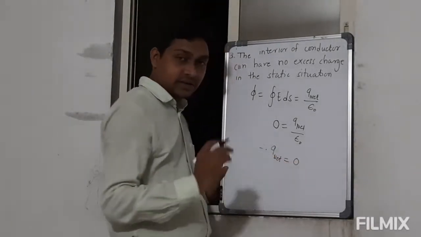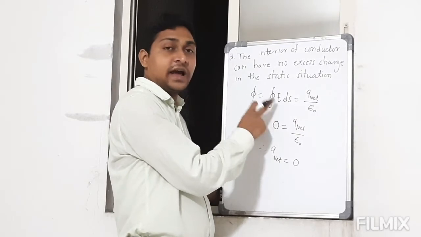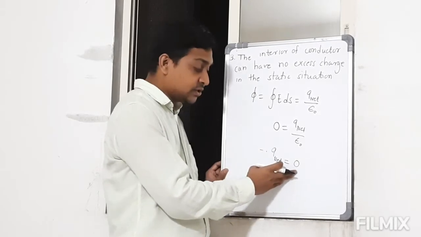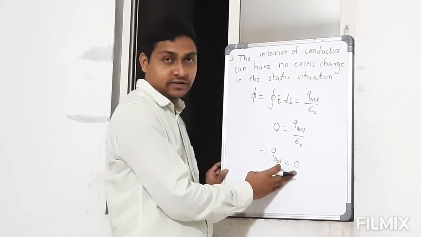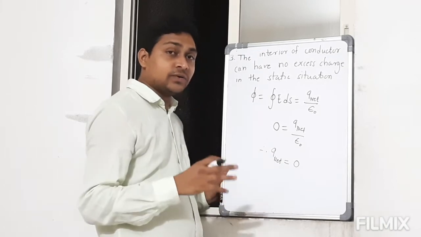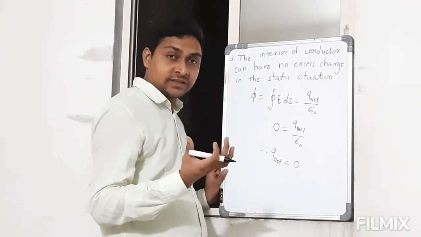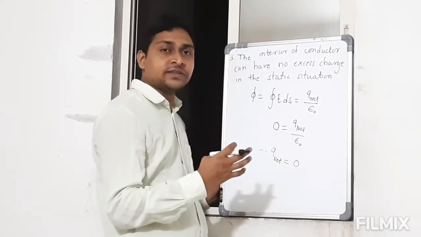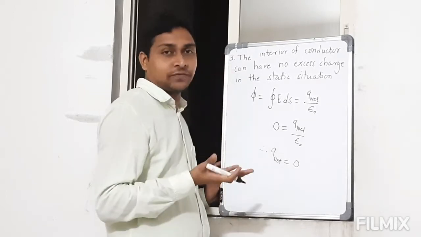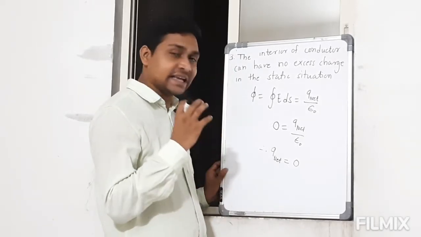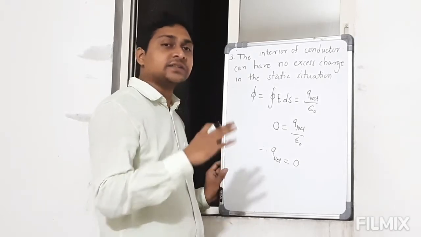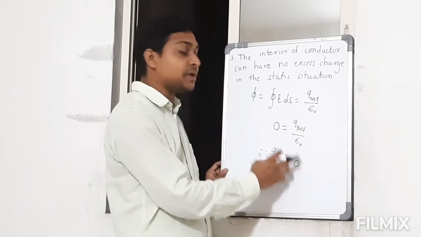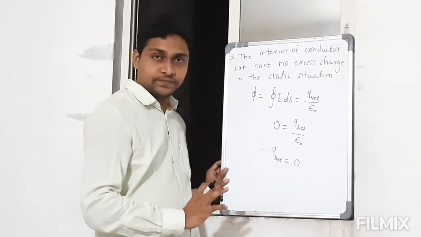This means inside the conductor there is no electric field, and because there is no electric field, by Gauss theorem we can easily say that there is no charge present in the interior of a conductor. Now when we are talking about a charged conductor, if that charge does not exist in the interior, obviously it lies on the surface of the conductor. Whenever there is excess charge, it lies on the surface, and in the interior of a conductor the net charge is 0 because the electric field is 0.